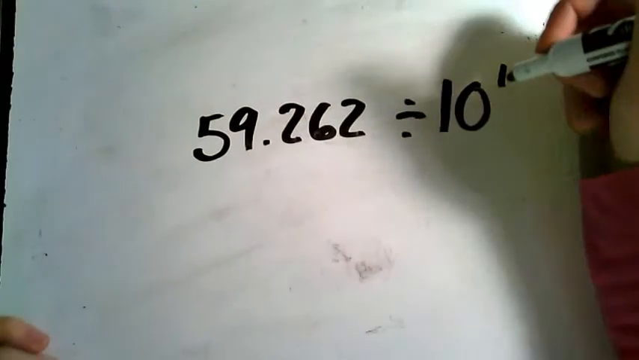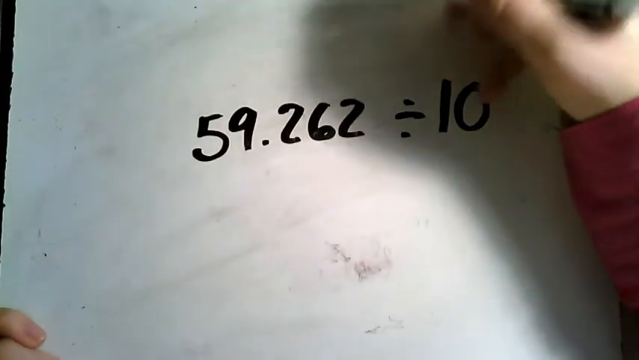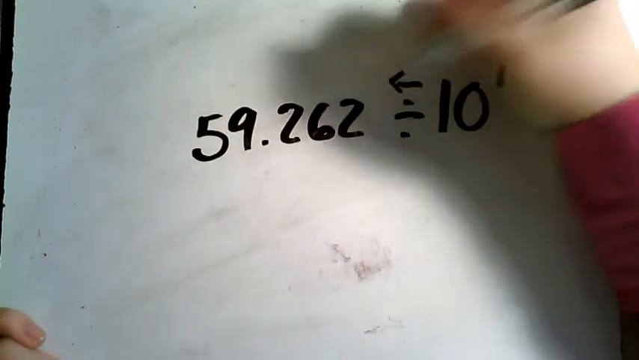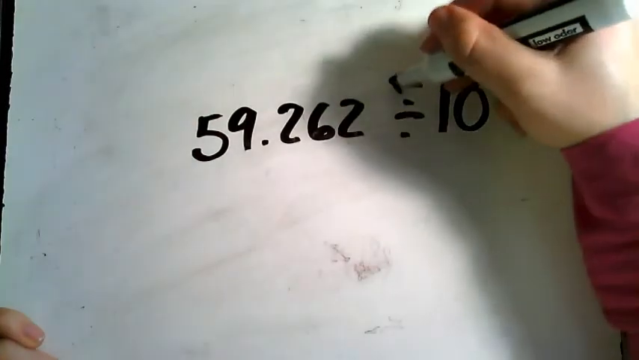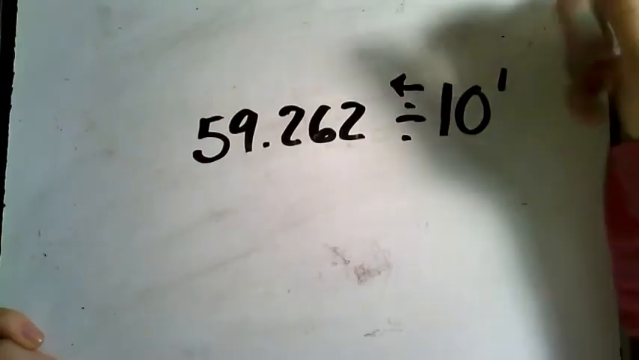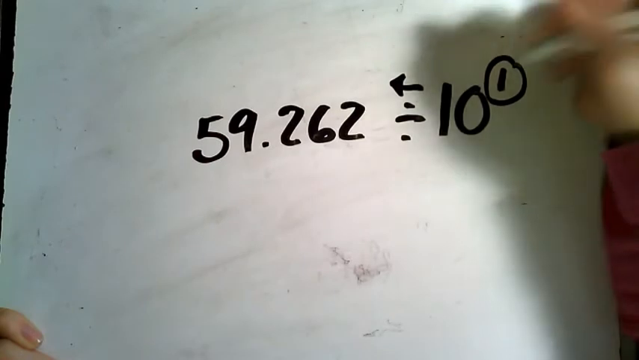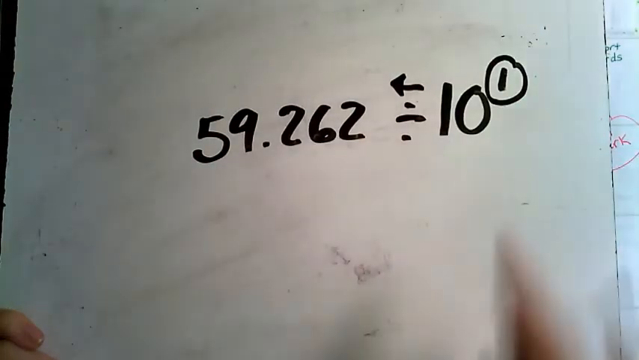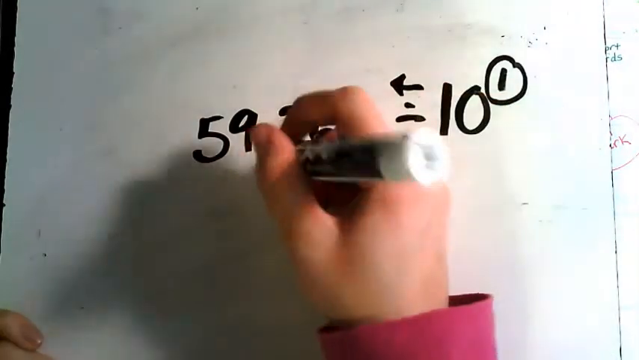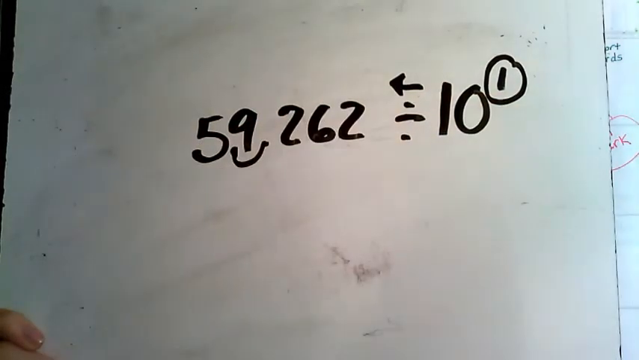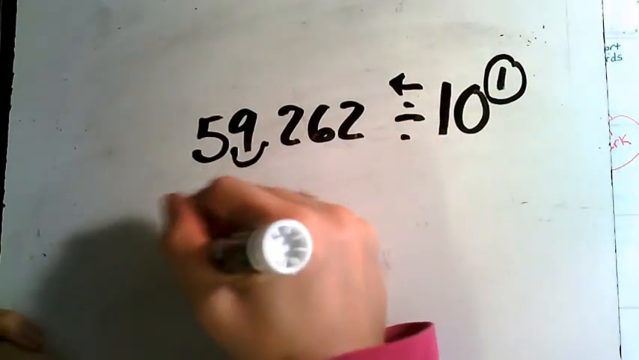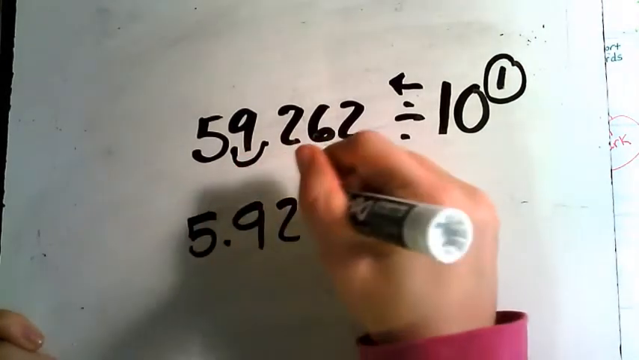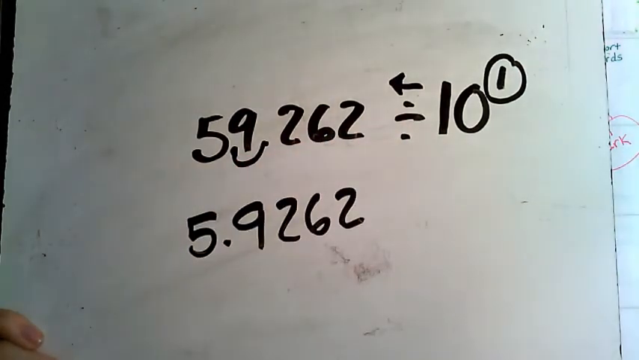So we see that it's a division problem, which means that we're going to be moving the decimal to the left to make the number smaller. Division makes things smaller. And we're going to look at that exponent. That exponent tells us how many hops. In this case, we're going to take 1. So we're going to take 1 hop to the left. That changes it so that our new number becomes 5 and